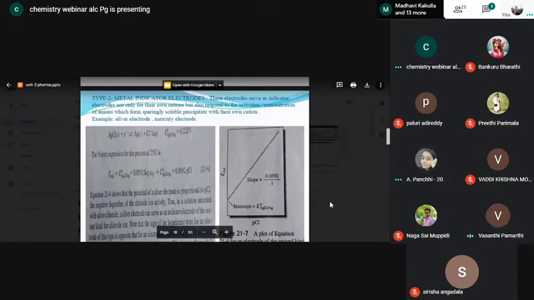So the concentration of the silver ions is getting reduced and becoming zero, and on the other hand, what are you observing? The concentration of chloride ions at first was very less, but as the titration is continued, it goes on increasing, and by the time the equivalence point is reached, the concentration of chloride ions is very high. Since the concentration of chloride ions is very high and the concentration of silver ions is very less, what happens? The chloride ions influence.